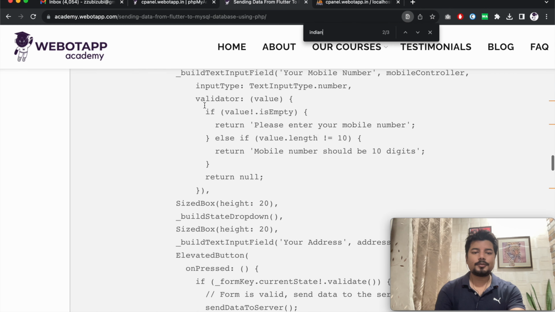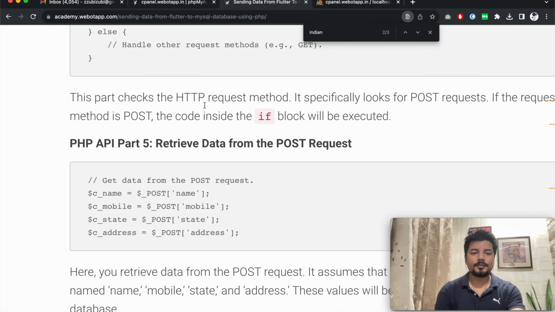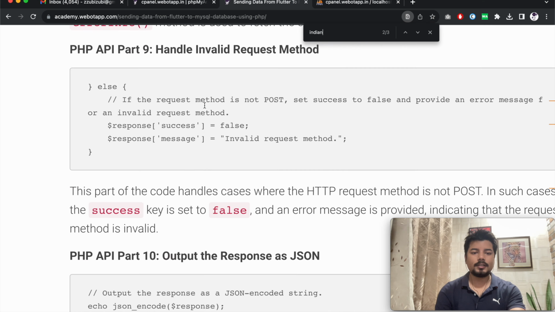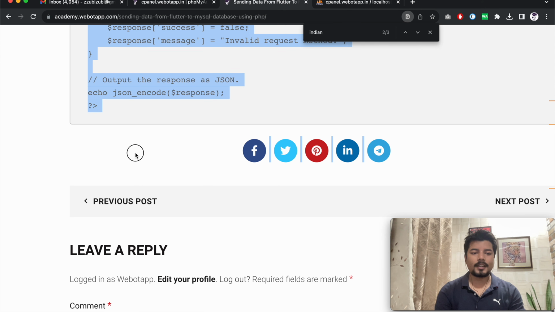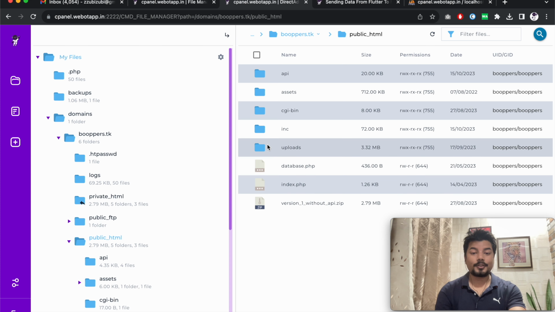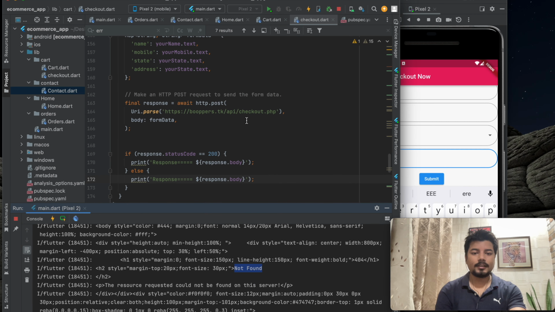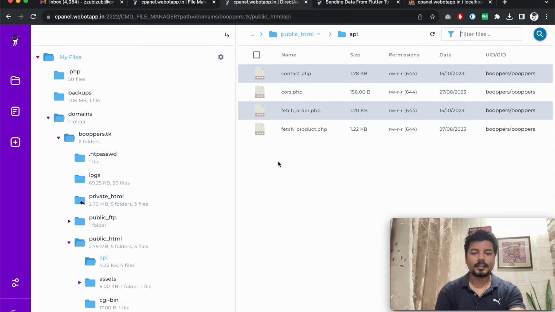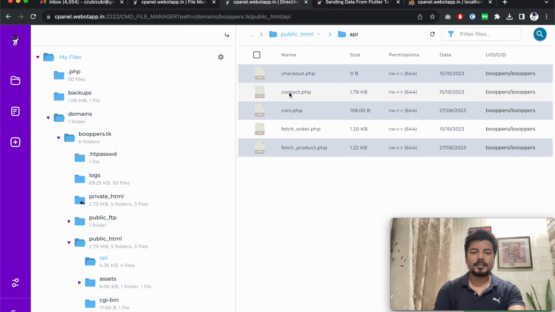Okay, the last thing which we have to do here is to go to the last step of our PHP file. You can just go through all the documentation. I will simply copy the entire source code of this PHP file, and I will create a new file inside file manager, inside public underscore HTML and API, and I think we have given the name as checkout. Let us create one new file called checkout.php, and let us paste the code here,